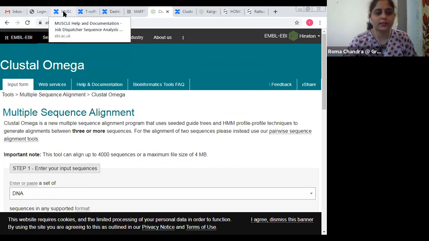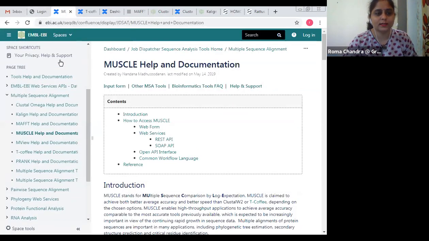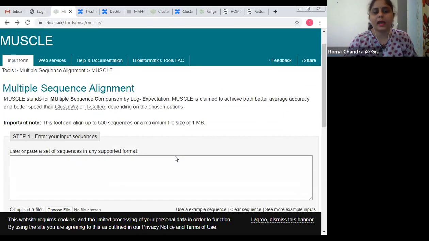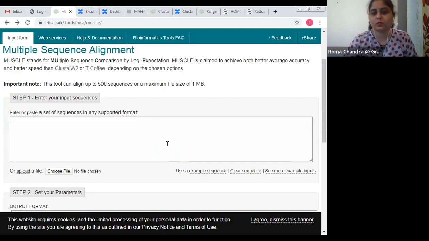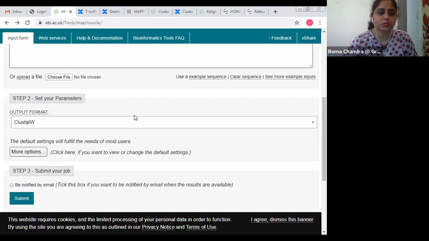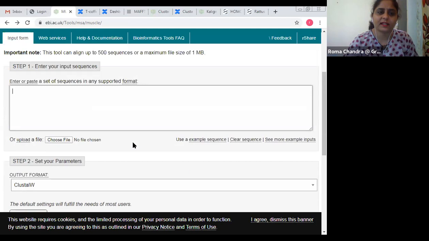I had shown you the process for all these tools, whether it is MUSCLE or T-Coffee, all have the same process. The page is almost similar. Okay, MUSCLE has a similar page. You can see this is the window where sequences need to be placed, parameters can be set, or default parameters can be left like that only.